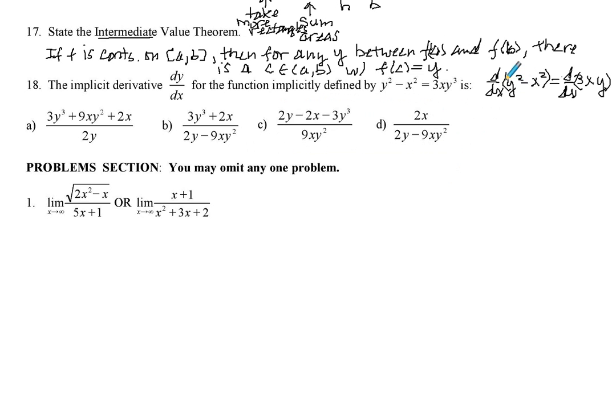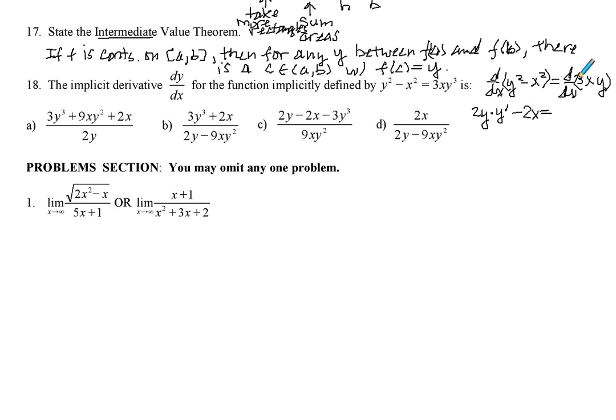On the left-hand side, this is a function to a power. So you differentiate y squared, you get 2y, but then times y prime, the derivative of the inside function, and then x squared, that's a regular derivative, 2x,